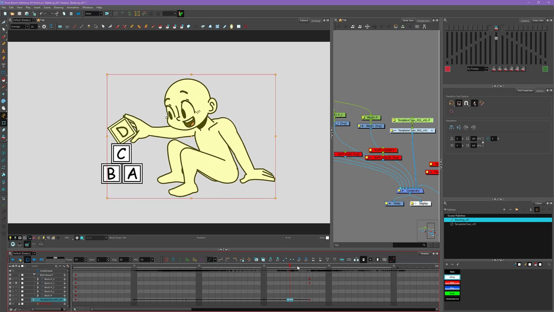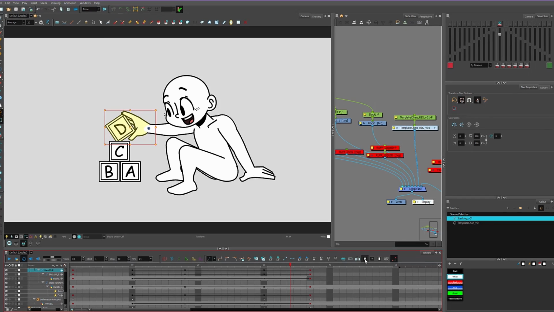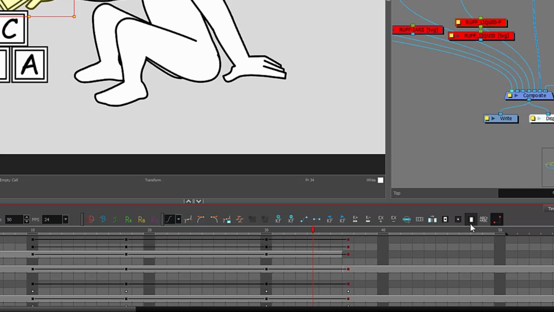A way we can hide that is to have it transfer somewhere in the middle of this motion tween right here. You can see my motion tween starts here and ends here. So if we have the block pop off around this frame in the middle here, it should hide it a lot better. So let's navigate to where his hand is. We'll select his hand layer with our transform tool, press O in our timeline to navigate to it. And then I don't want to move the keyframes, right? I just want to move the drawing frame. So I'm going to switch to move drawing mode only.